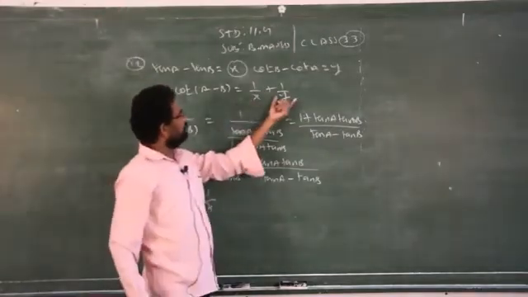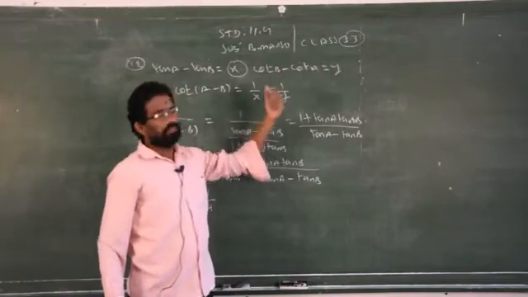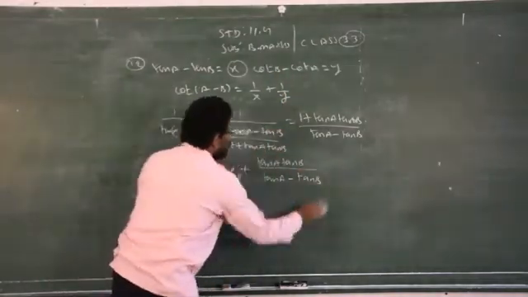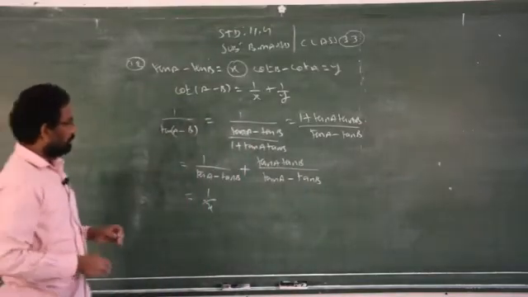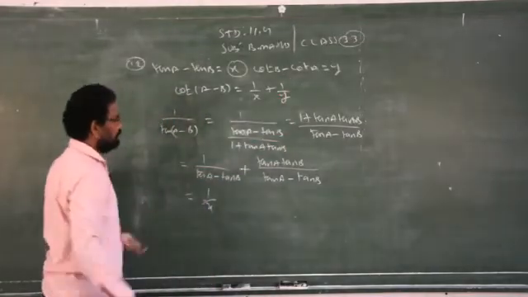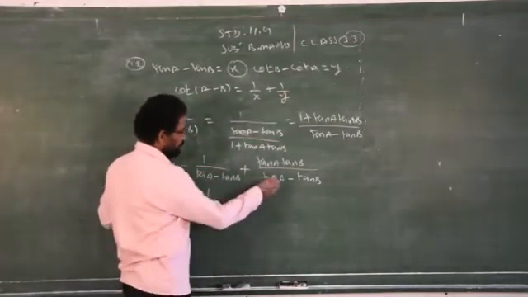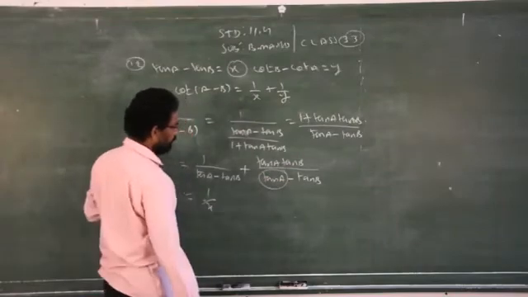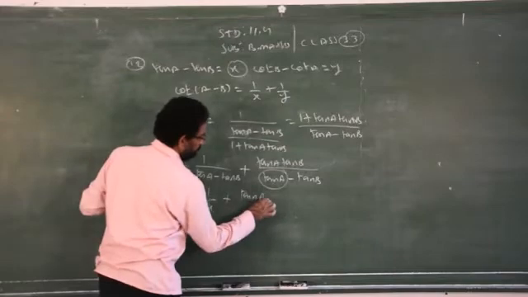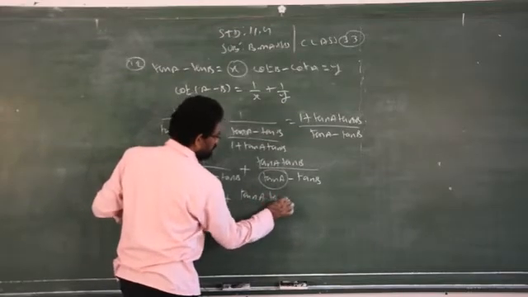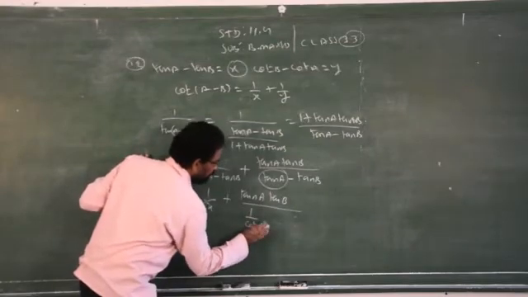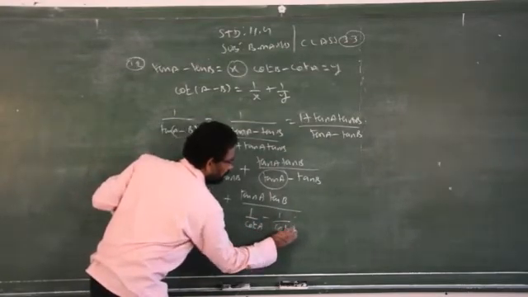Now I have to get only 1 by Y. Y means what? Y is given in terms of only cot A and cot B. So I have to simplify, and I bring down this result in terms of cot B minus cot A. So for which I am just replacing this by 1 by cot A. I did not disturb the numerator. I just keep the numerator as it is. So this will become 1 by cot A, 1 by cot B.